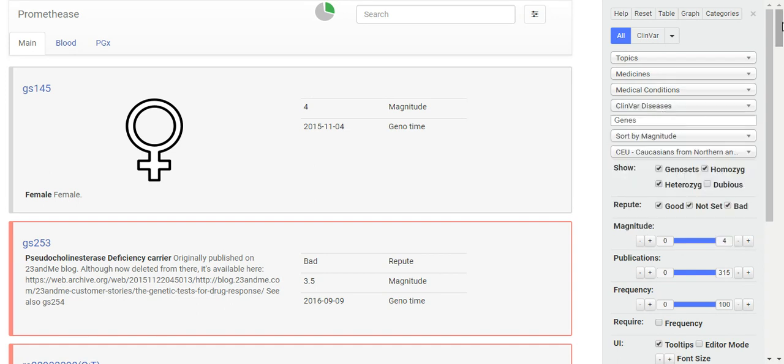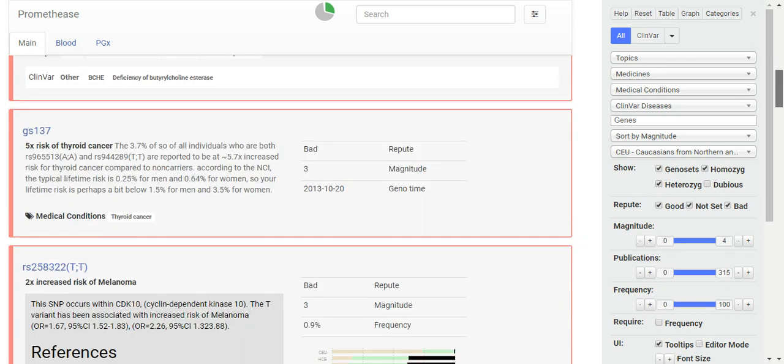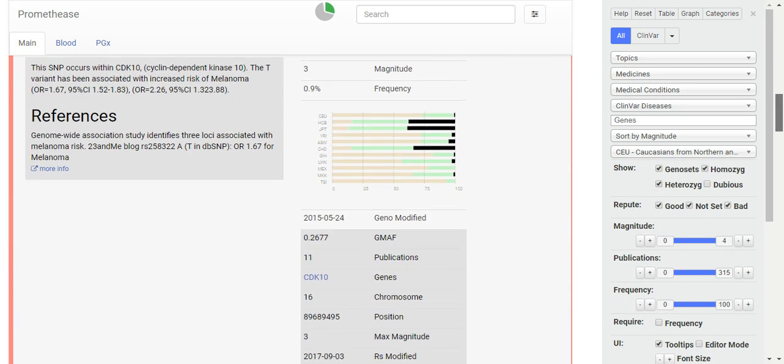On the top is normally what's bad and has the highest magnitude. So for me, that would be cholinesterase deficiency carrier. So it'll show you what's at the top of your list versus what's at the bottom when it's already preset.